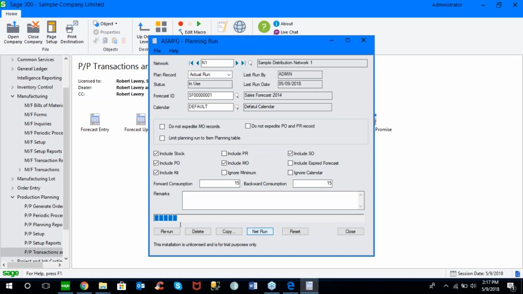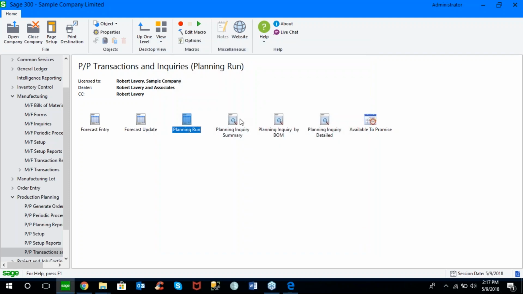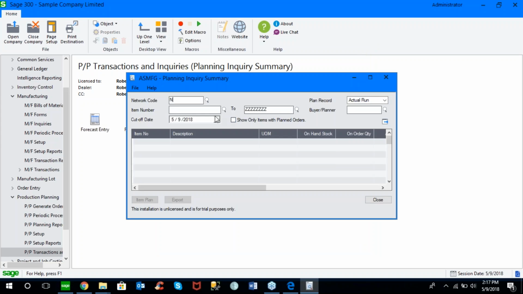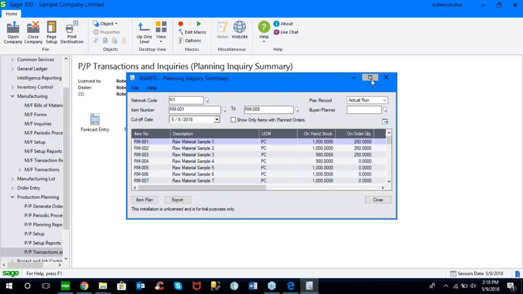I would do a net run to get up-to-date information based on what's on hand, what's on purchase order, what's on sales order, as well as what's committed to existing manufacturing orders. And then once I've run the plan, I have a summary and detail window that I can look at. And what this does, again by network code, will allow me to specify a list of my raw material items. So let's say RM001 to RM009. I could choose to do that by buyer if I wish, and it will give me a breakdown of these